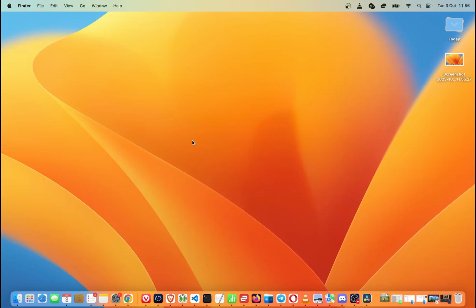Now we're going to take a screenshot of a piece of the screen. In order to do that, press Shift, Command 4 on your keyboard. Once you do this, your cursor will change, as you can see on the screen right now. Now it's kind of like a pointer of a gun. And now in order to take the screenshot of the piece of the screen, simply hold your left mouse button and drag it to the part that you want to take the screenshot of. So I'm going to take a screenshot of the right top corner, as you can see right now,